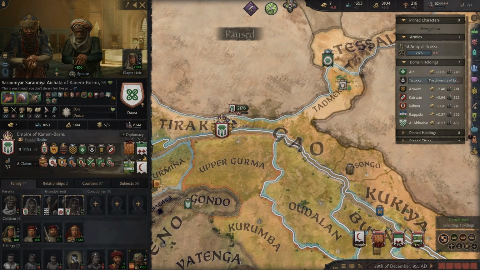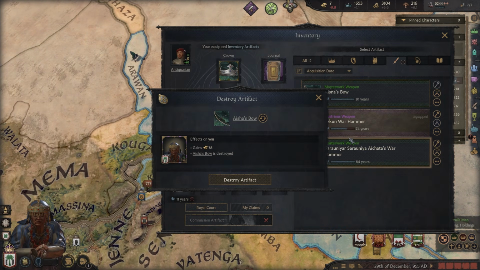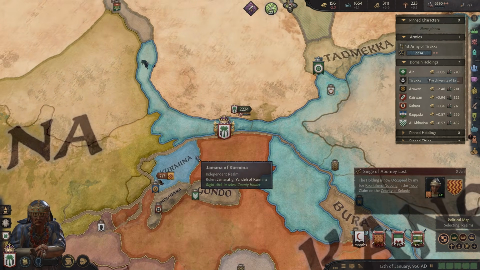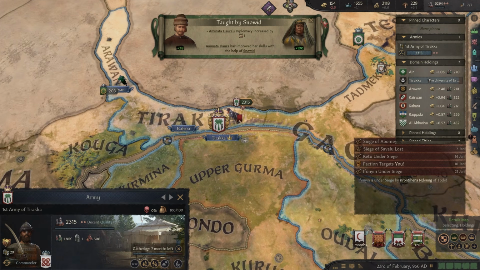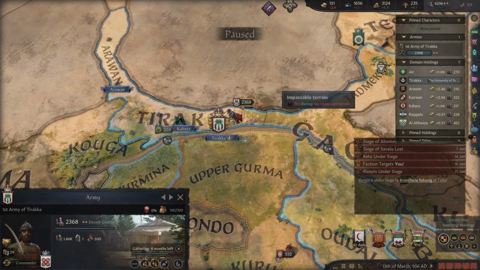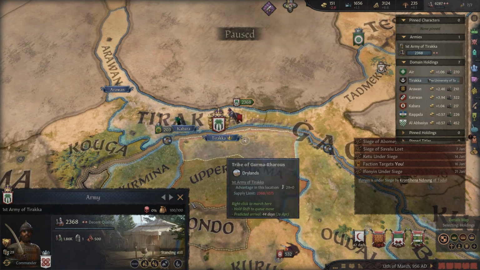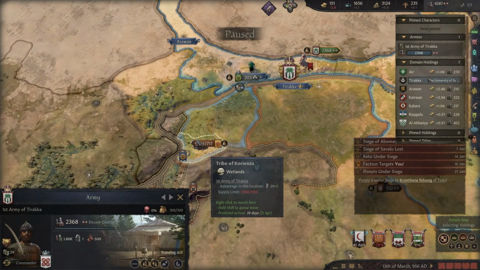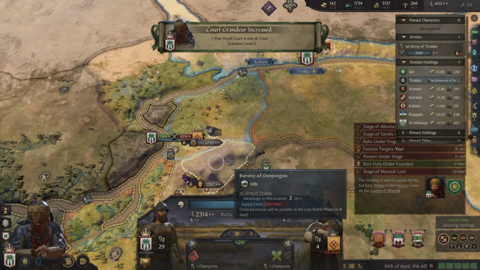Oh yeah, somebody asked, do I have armor? Yes. Also, how much do these sell for? 78? 80? Honestly, I know it's maybe a bit of a waste. Just give me the money right now. Yeah. Commander promoted. No, we need the best commanders we have available. I know I'm spending money on this army. Maybe I should just disband it. 6 months left? Can I not disband the army? Well, enemy armies are around. Is it this army you're complaining about? Go beat it up. Get out of here.